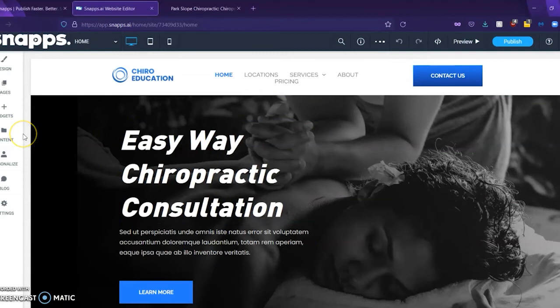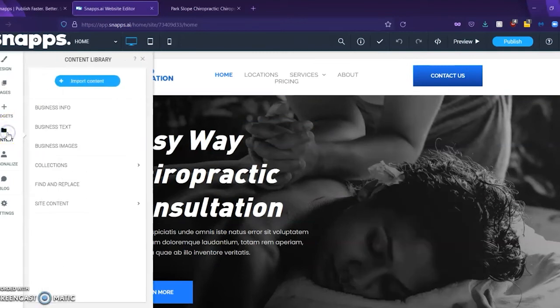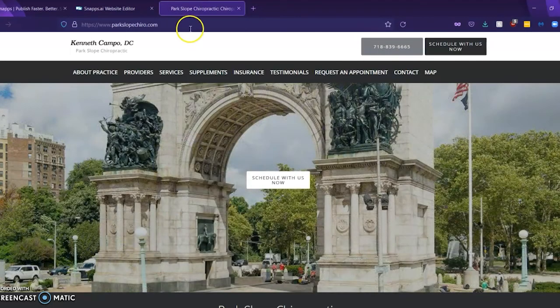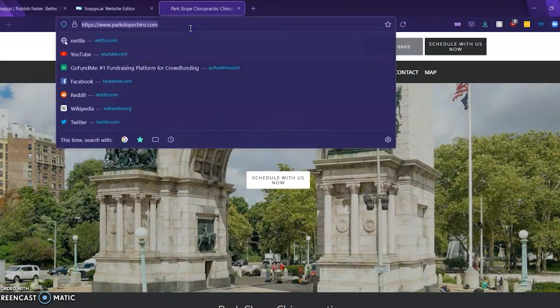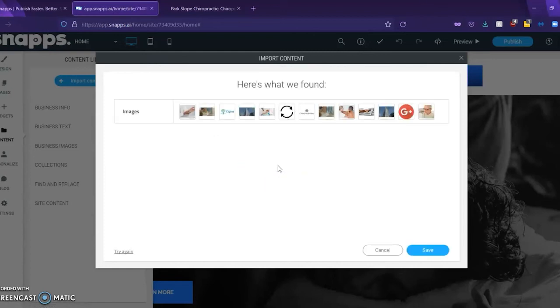And the last thing we're going to do is import content. So right over here in the content tab, you're going to go up top to the little blue button, and we're going to use this one as the example. You're going to copy the URL, paste it, click import, and now you've got all the images from that website. So you're going to click save,